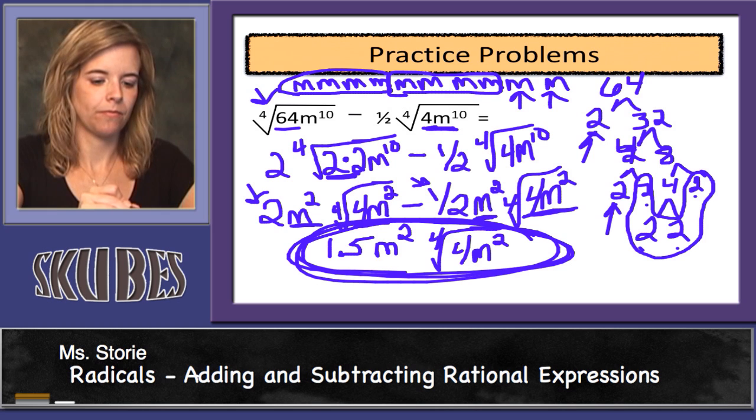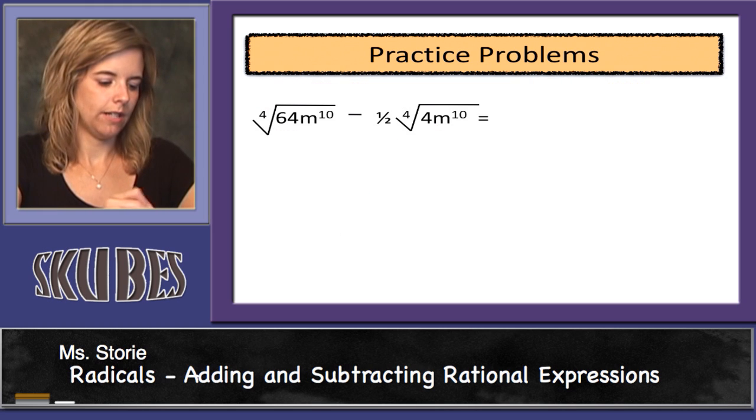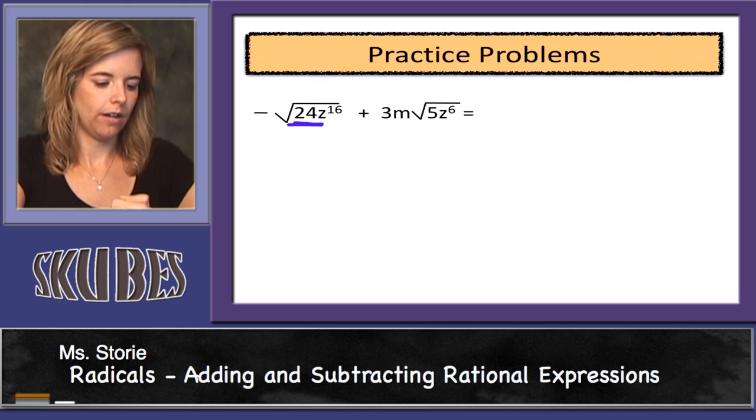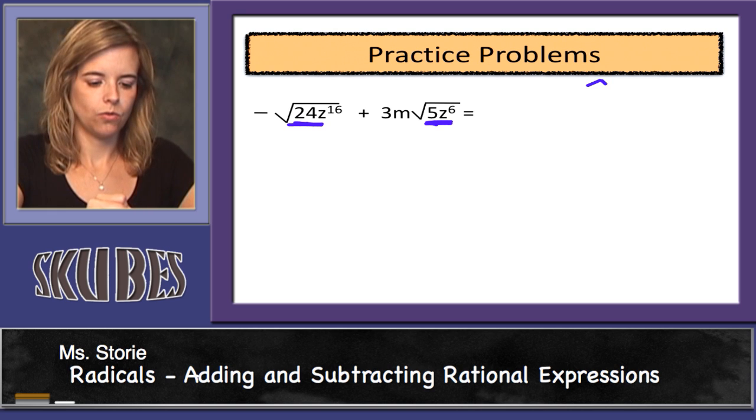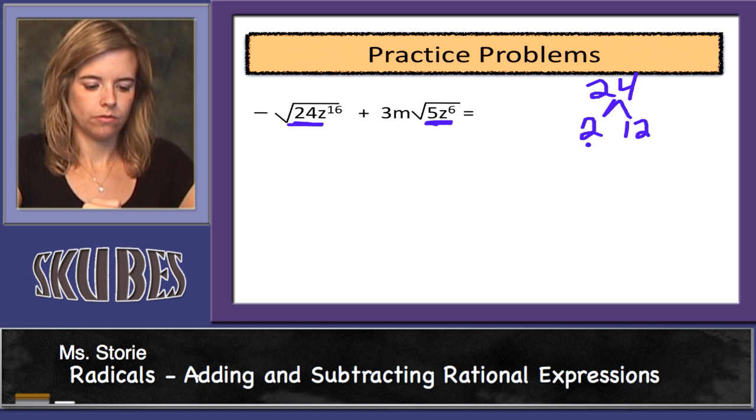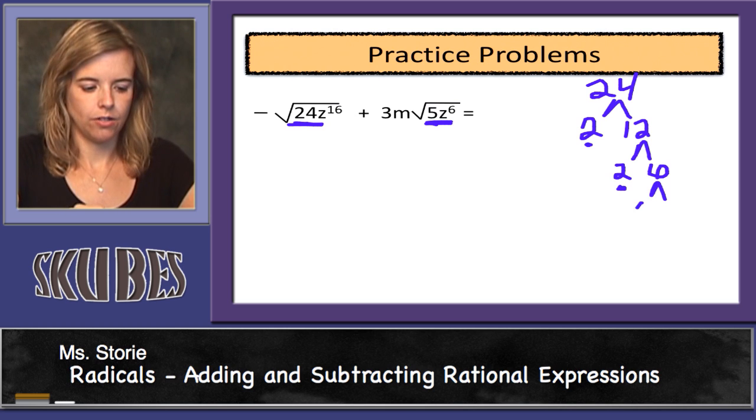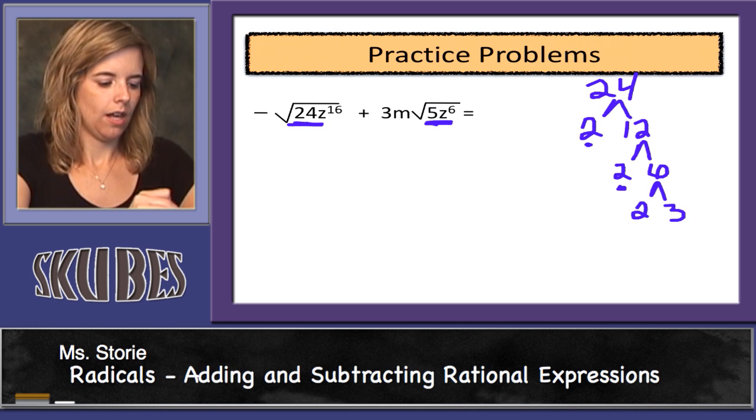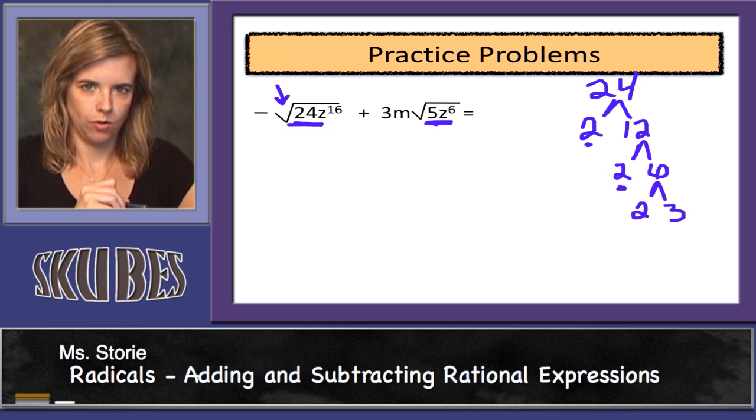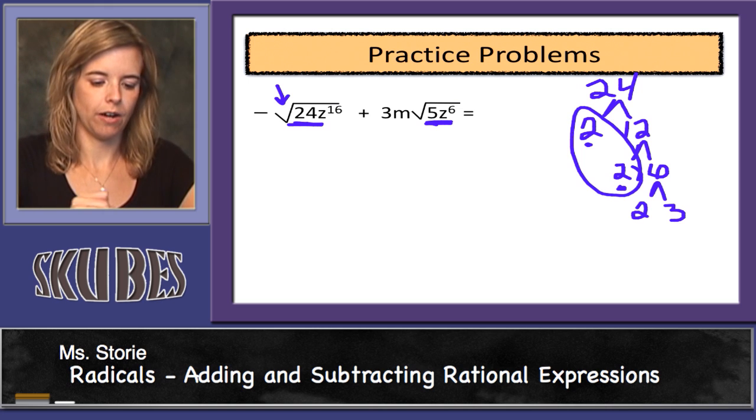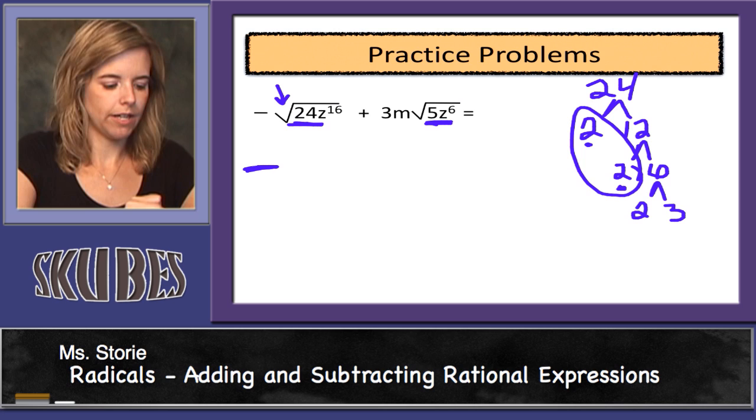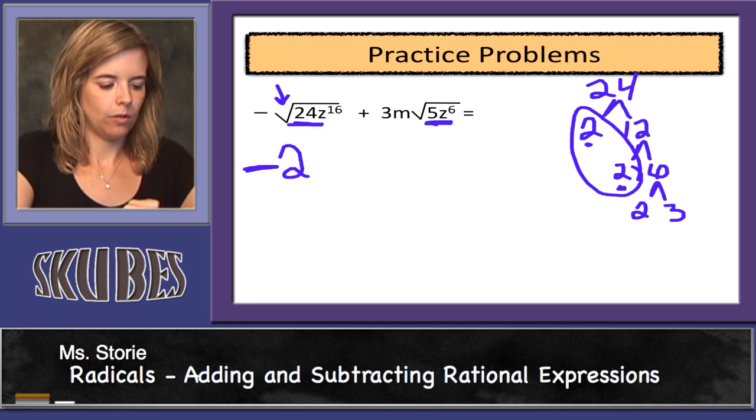It wasn't too bad. Now, we did have one more, and that's this one right here. So 24 is 2 times 12, 2 times 6, and 2 times 3. Since there's no index, it's assumed to be a 2, so we're looking for pairs. We have a pair of 2's. So the negative drops down, 2 comes out, and what's left over is 6z to the 16th,